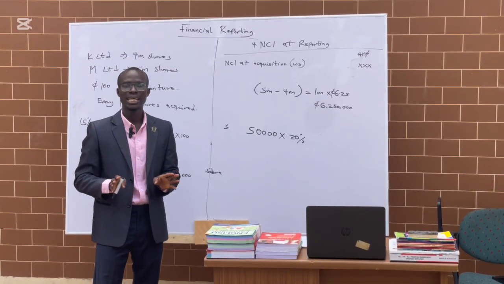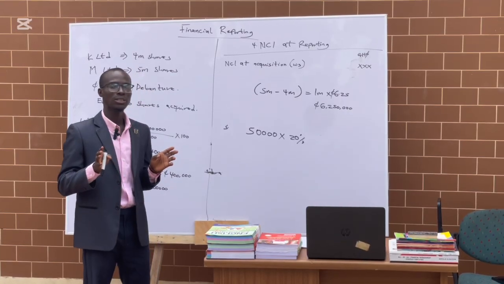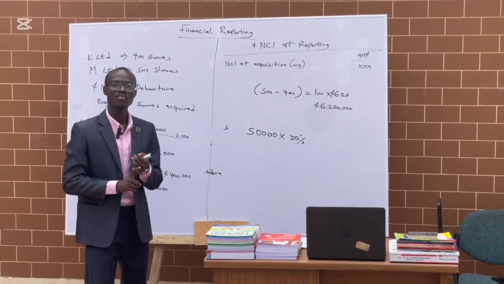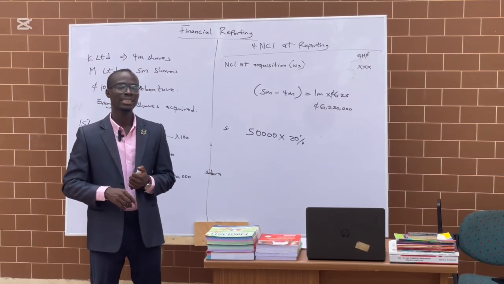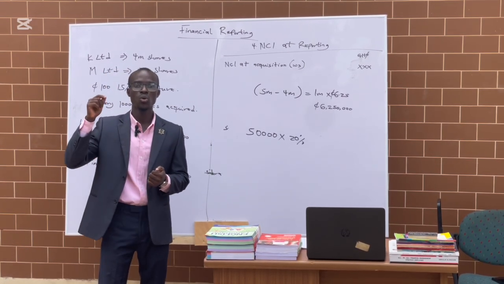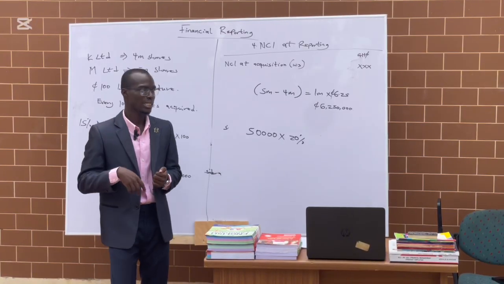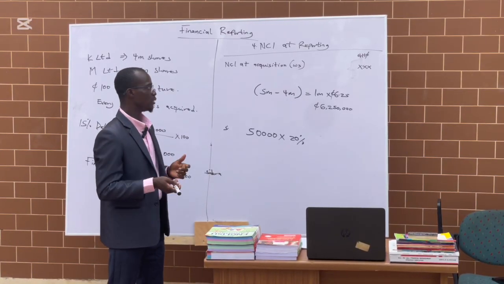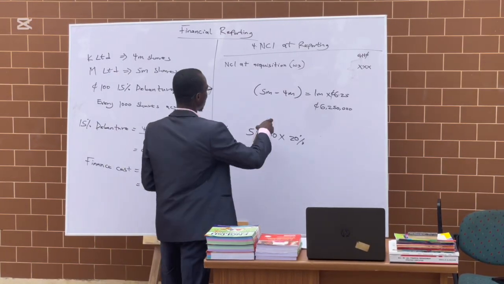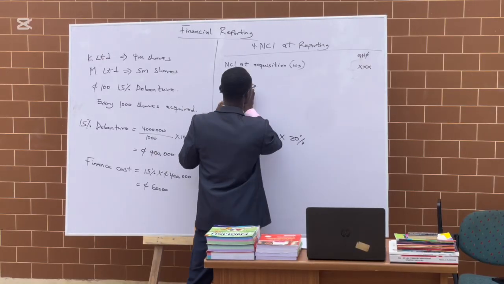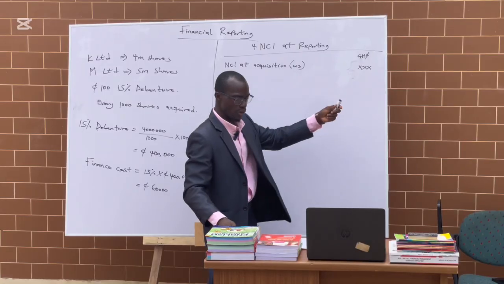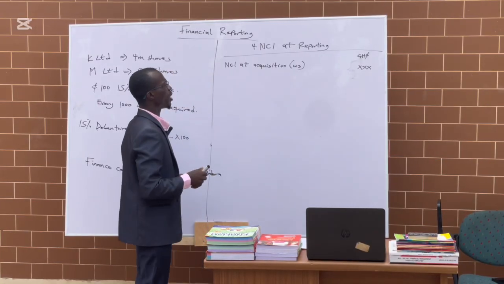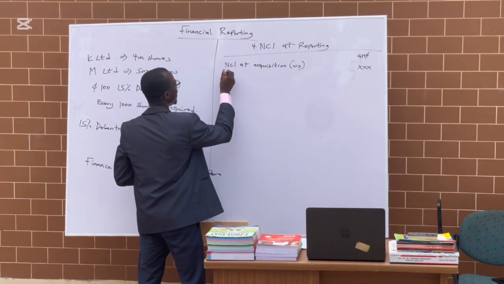And I know that impairment in goodwill will have an effect on the parent's side, whereby when you go to, let's say, the group retained earnings, if there's any impairment in goodwill, you go and subtract it. Also, if there is any impairment in goodwill, it matters when you come to the NCI at acquisition. So let's say we have gotten our NCI at acquisition and you have brought it here. Then what you are going to do is bring